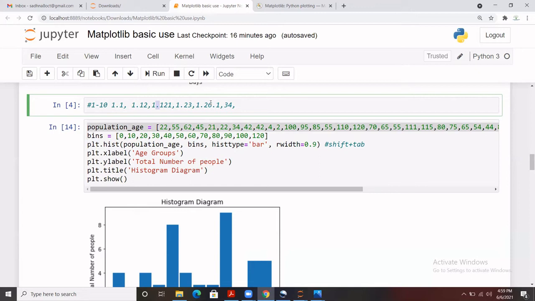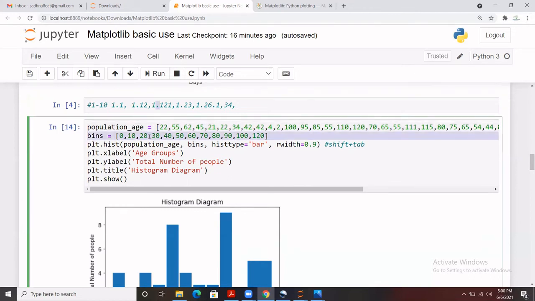So based on the height of the bin, we can understand that this range of data is maximum for our data set. We do have maximum data for this range. I'm going to explain it. For this data I have created some bins. Because that's not a very huge data, I just put a difference of 10.